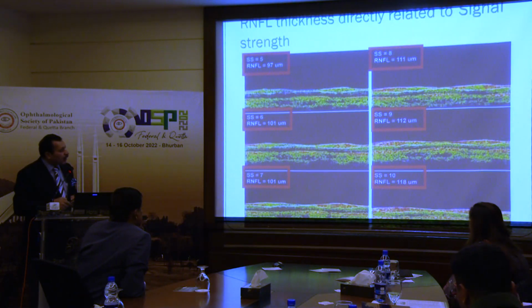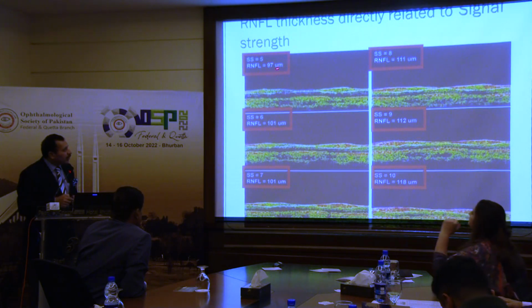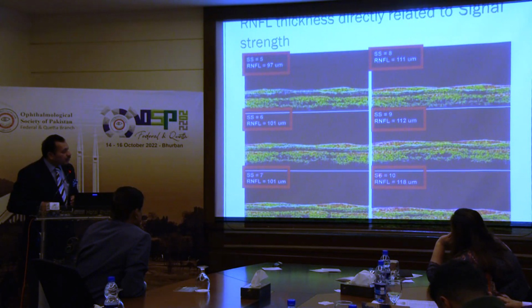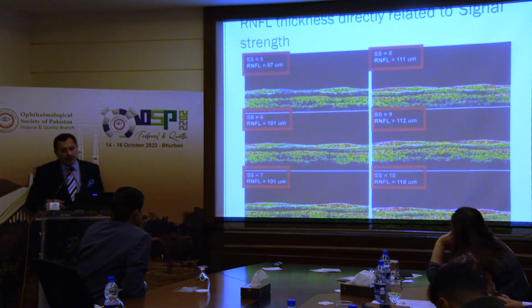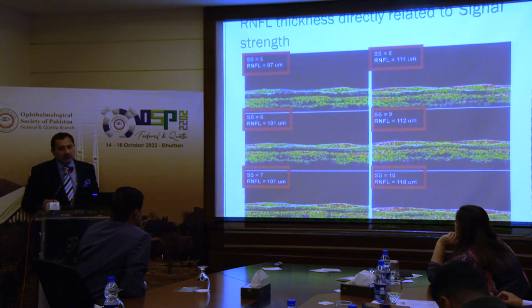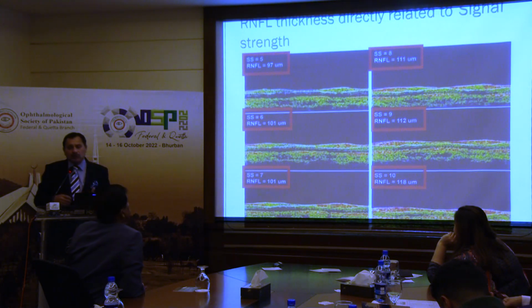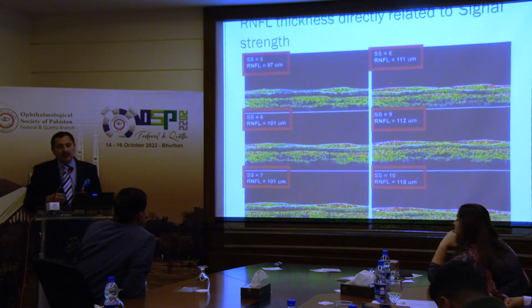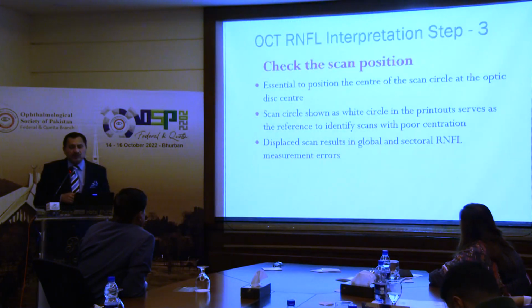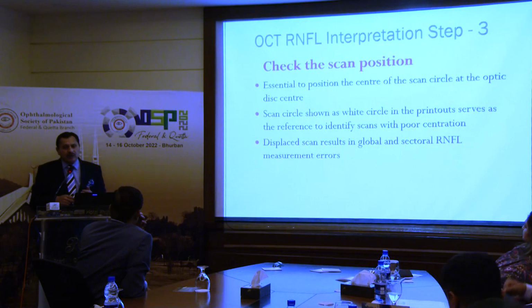अब ये देखिए, ये एग्जांपल है कि उसी पेशेंट का RNFL आप देख रहे हैं, सिग्नल स्ट्रेंथ 5 है तो RNFL थिकनेस क्या निकली है 97 माइक्रोन्स। सिग्नल स्ट्रेंथ 10 है उसी पेशेंट की, तो RNFL क्या निकली है 118 माइक्रोन, यानी कि 21 माइक्रोन का फ़र्क पड़ गया है सिर्फ सिग्नल स्ट्रेंथ की इम्प्रूवमेंट से। तो उसी पेशेंट का जब आप लो सिग्नल स्ट्रेंथ पे रिपोर्ट को एक्सेप्ट करते हैं, इसका मतलब ये है कि आप गलत रिपोर्ट को एक्सेप्ट कर रहे हैं। या तो उसकी रीज़न है, अगर रीज़न नहीं है तो टेस्ट हैज़ टू बी रिपीटेड विद बेटर एक्यूरेसी, ठीक है। ऑल्दो कि ये टेस्ट उस तरह से पेशेंट डिपेंडेंट नहीं है जिस तरह से विजुअल फील्ड है।